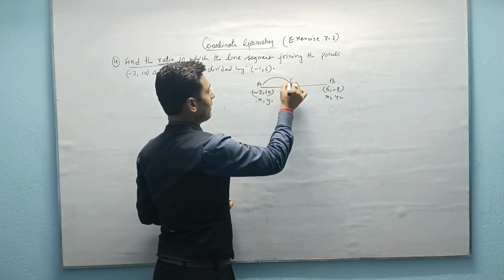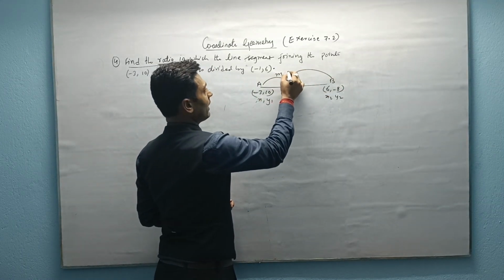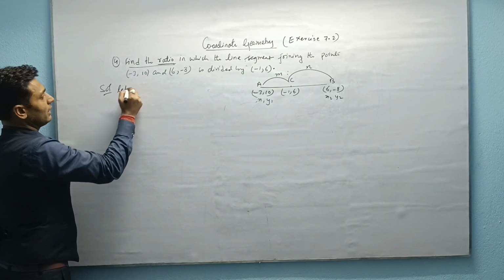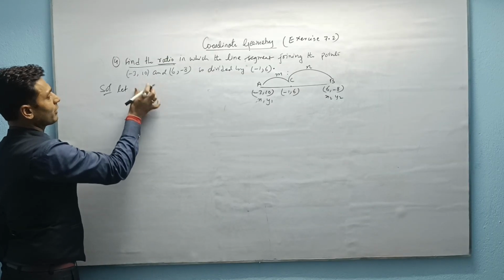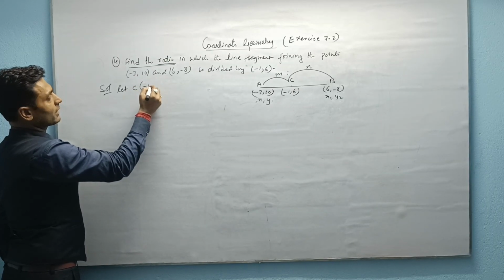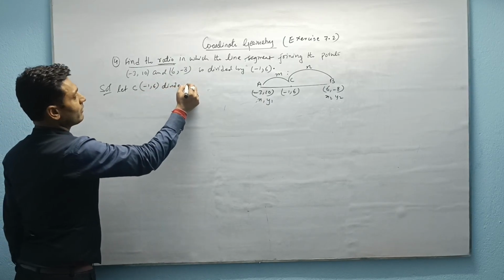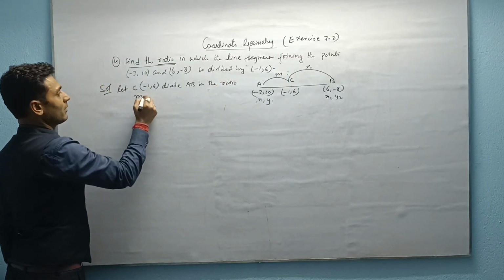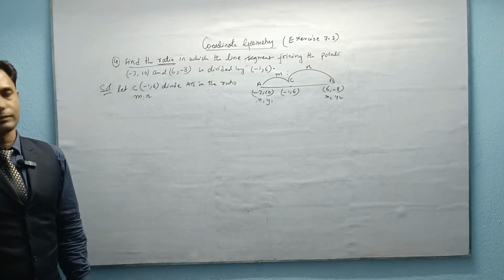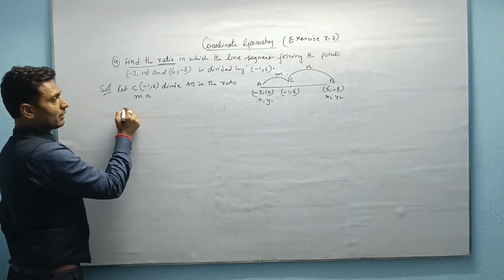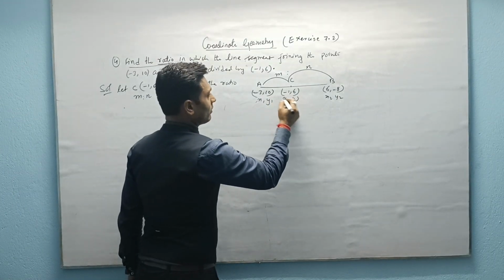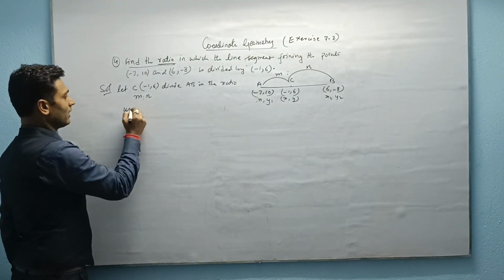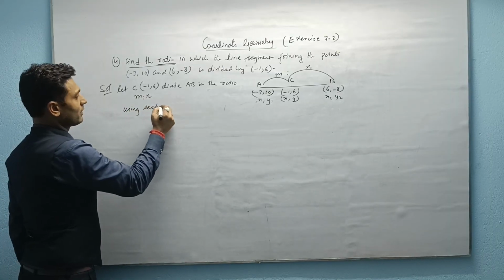Now, what we have to do is find in what ratio C is dividing AB. So let the ratio be m is to n. Solution: let C, that is (-1, 6), divide AB in the ratio m is to n. Is it clear? Now we'll mark this as (x, y). So we have to use the section formula because the ratio is what we need, right? So using the section formula,